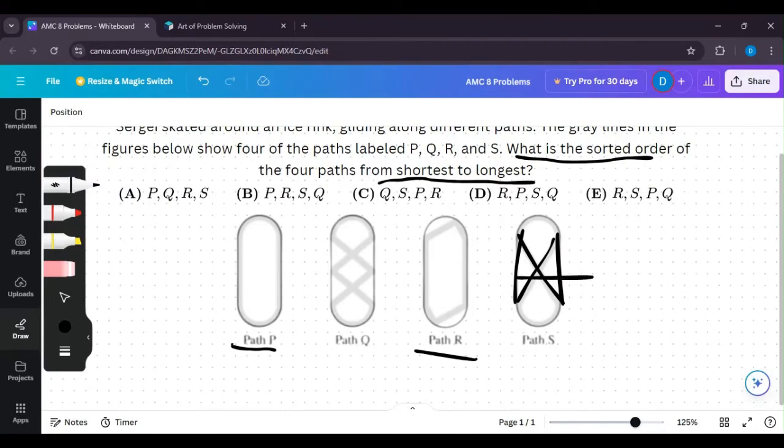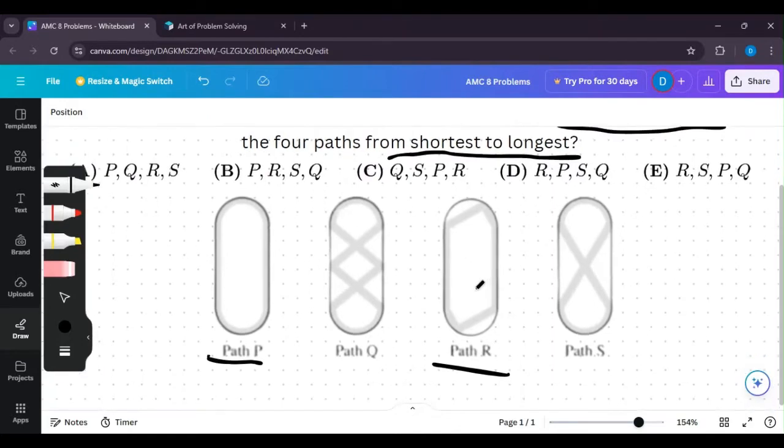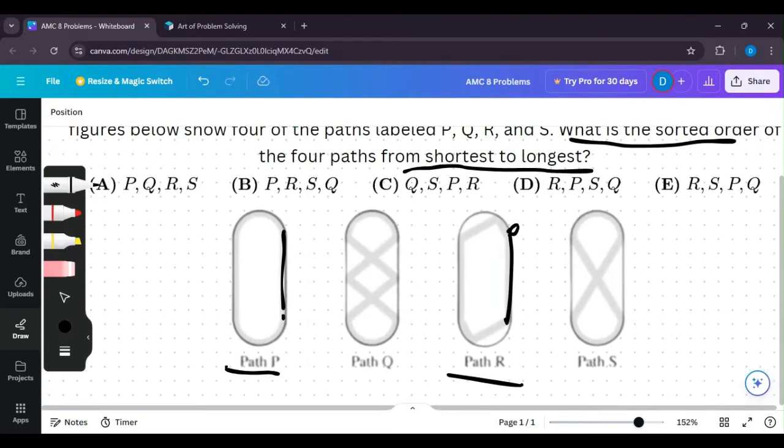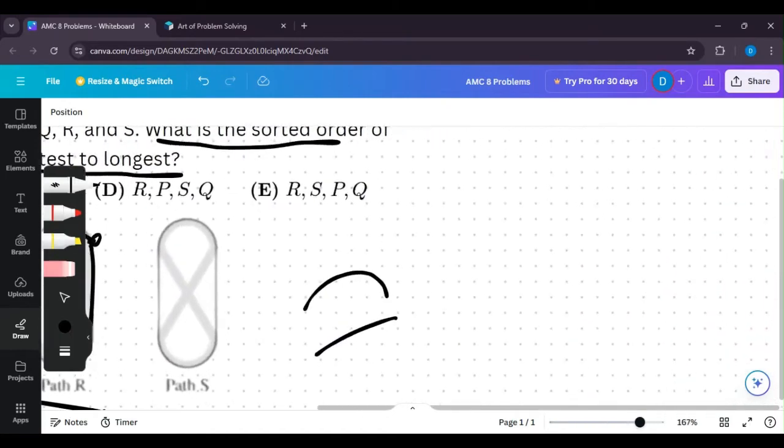Okay, so now let's try to find which one's shorter, path R or path P. So we can start at the same point down here, right before the semicircle begins, and then we go up a straight line. That's the same for both paths. And as you can see here, when we cross into this semicircle, one of them is straight and one of them is curved. Now, which one's shorter, a curved path or a straight path? That's obviously a straight path, because if you think about it,